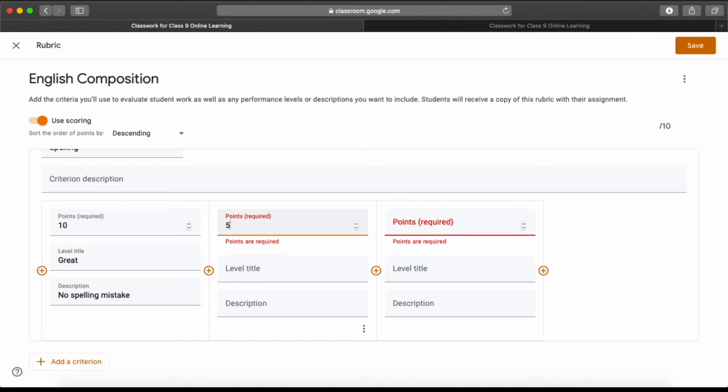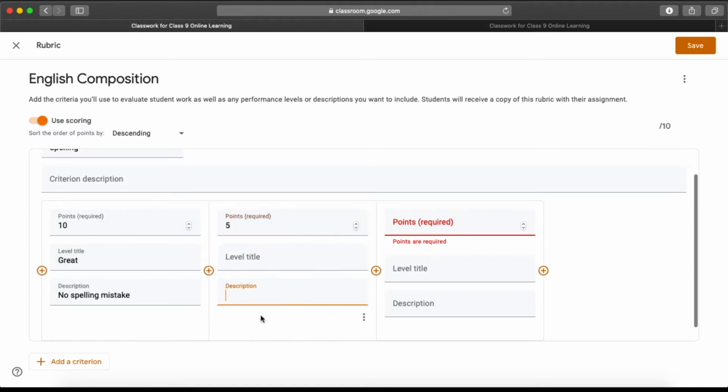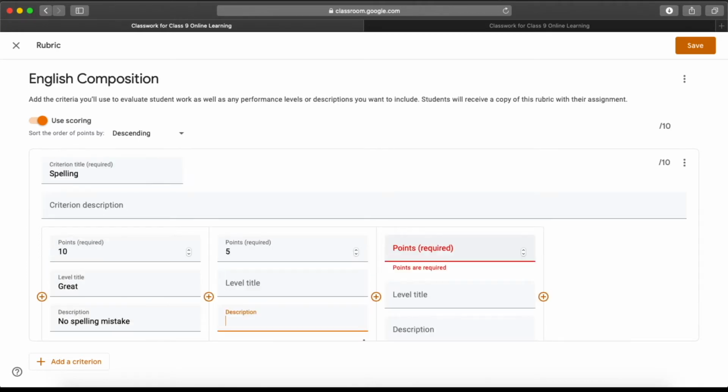Now on the next slab, let me put the point as 5. So a student will get 5 points in case they achieve this particular criterion. Let me add a description here: less than or equal to 2 spelling mistakes.